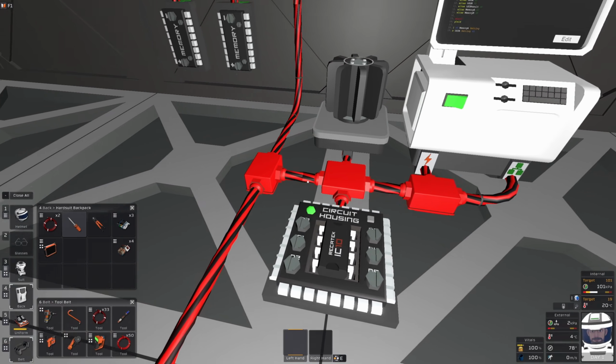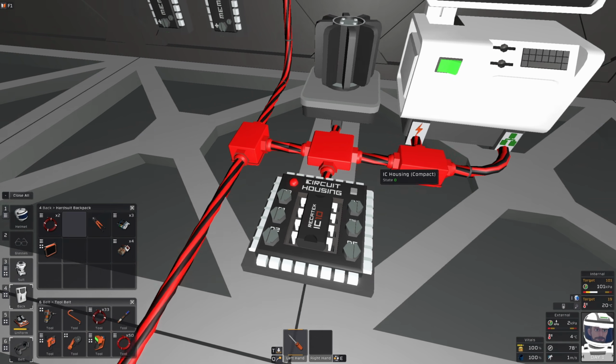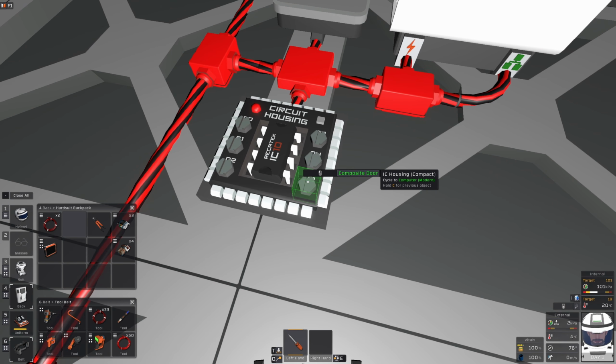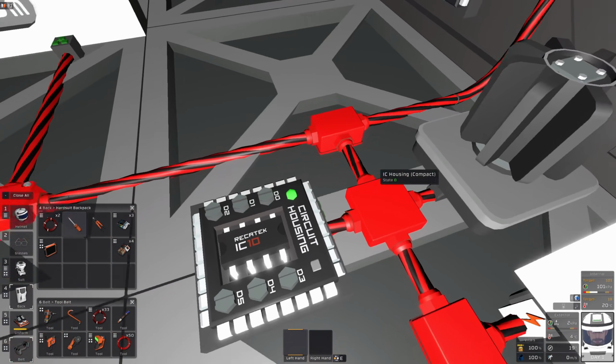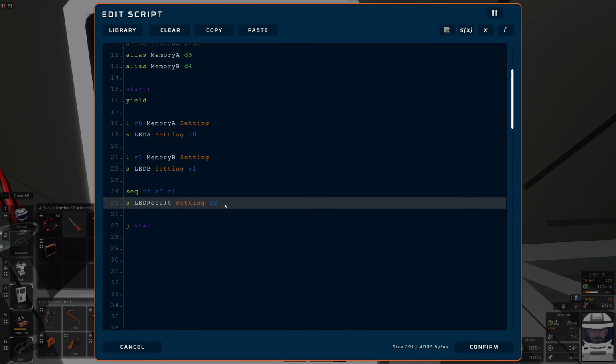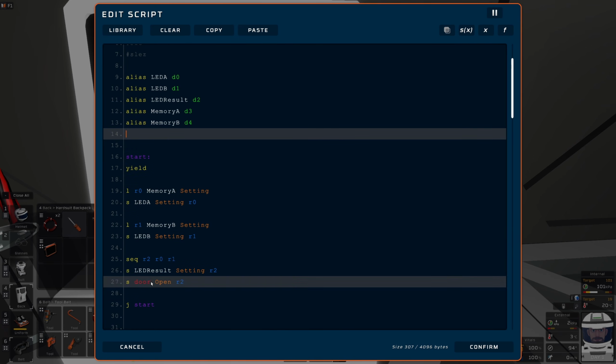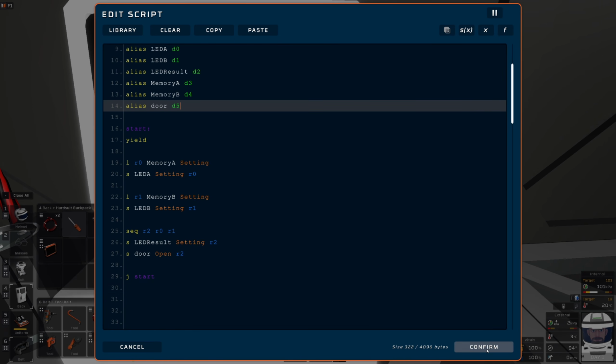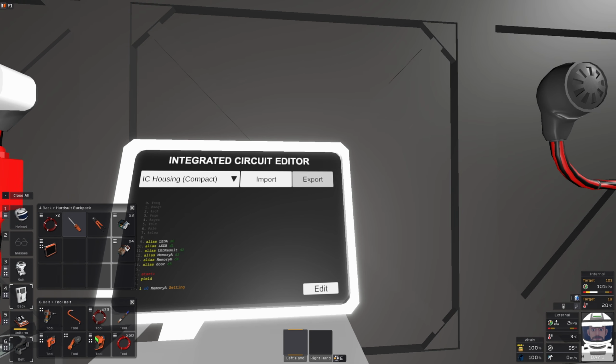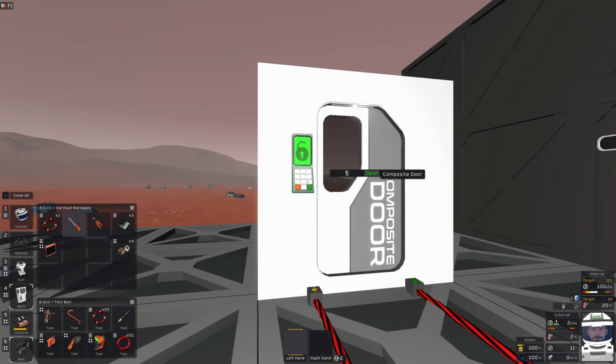What we can do is if we put the door on D5, we'll turn that code off for now. Whatever this result is, I want to save that to the door open. So I can just save to the door the open as R2. Don't forget, we haven't got the door alias, so it doesn't know what door is, which is why it's in red. So we can alias the door to D5. Okay? Dead easy. If we export that, now what should happen is if I try and open this door,